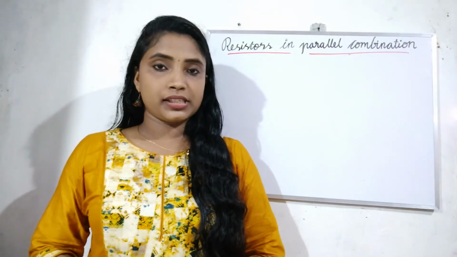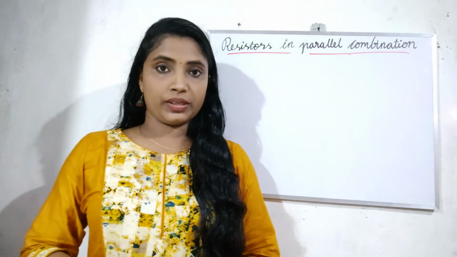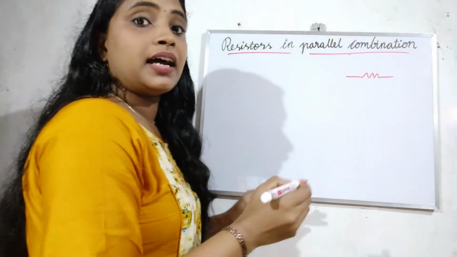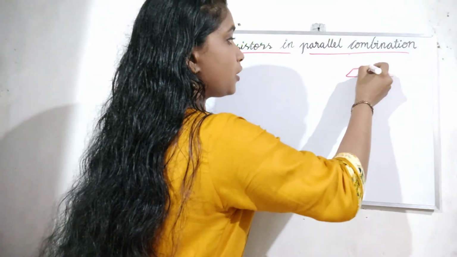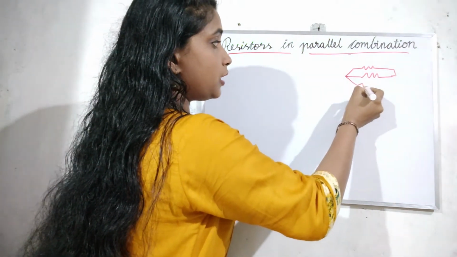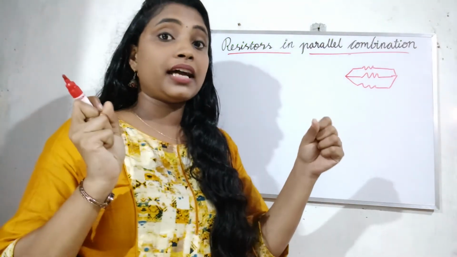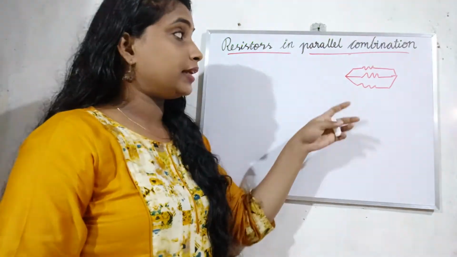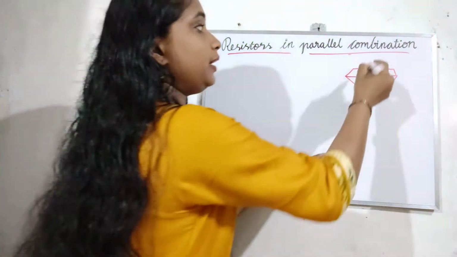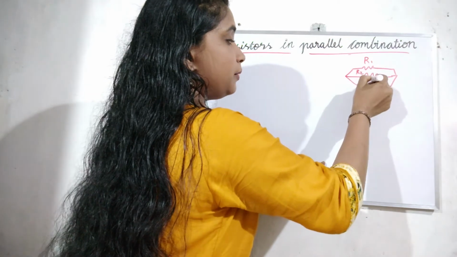Parallel combination of resistors is like people holding their hands to form a web. Let's see how it is. Let this be a resistor, then another resistor will be connected like this to form a parallel combination with the first resistor. And if we add another resistor, it will be added like this. So resistors connected like people holding hands together to form a web is called the parallel combination of resistors. Let the resistance of the first resistor be R1, the second be R2 and the third be R3.